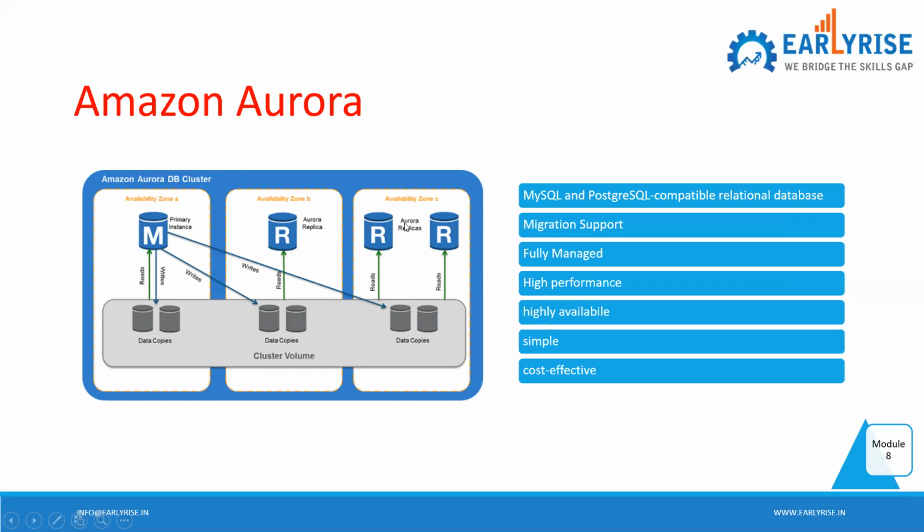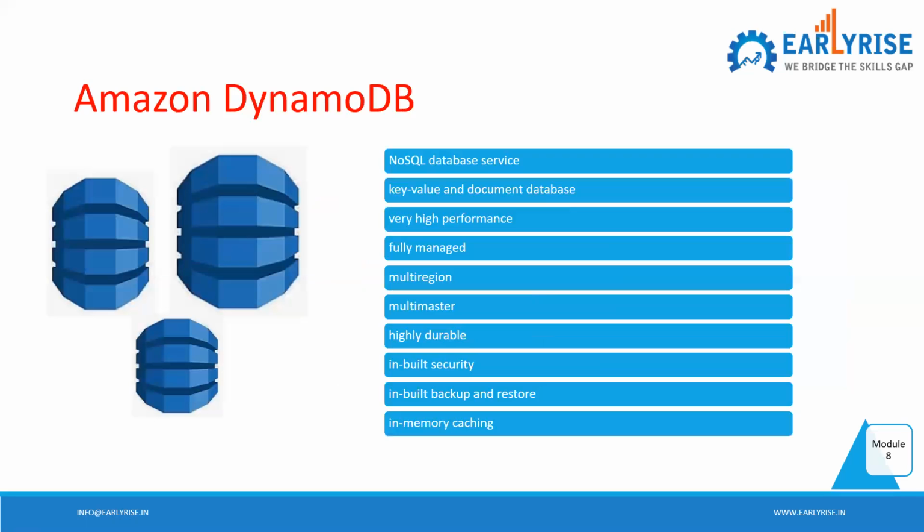So if you say three are there, three of them are doing write operation, three of them are doing read operation, then how fast and how redundant it will be. Correct. So will there be any degradation of write operation at any point of time? No, right? So that is the concept here. So it will be different. Aurora has that. Similarly, we have this multi-master concept in DynamoDB as well, right? So good concept actually.